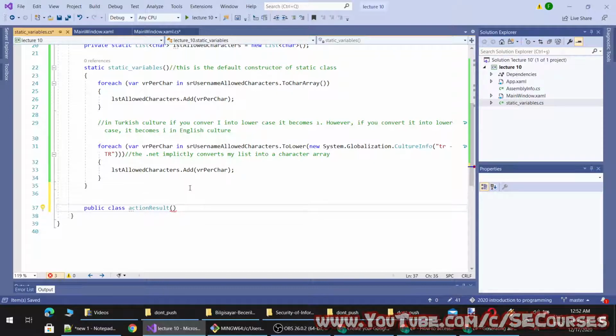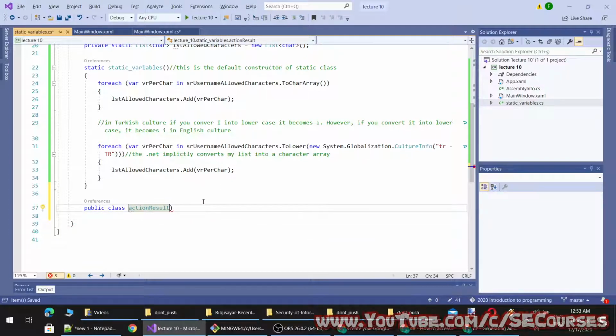The action result will take two parameters, which is a boolean as our result and a string as our result message. And by the way, a class cannot take parameters.